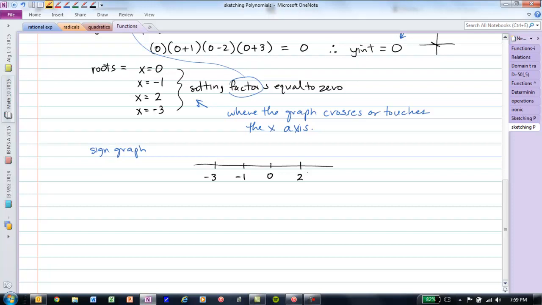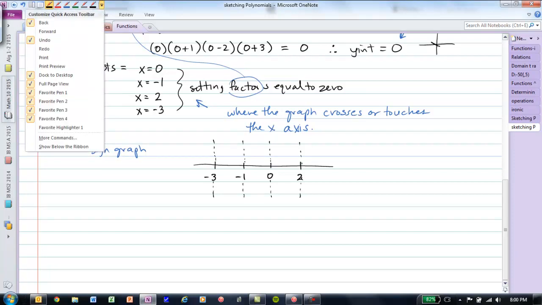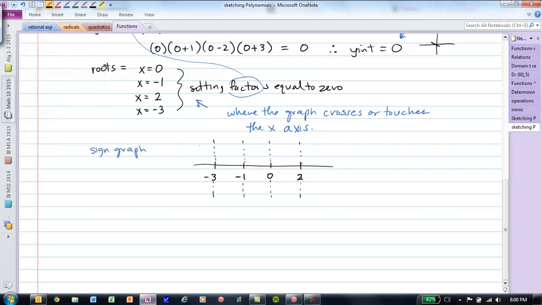So for each of those curves, for each of those points, I'm going to put a little dashed line, because I want to know, what is my graph doing in between each of those points where it's actually touching the x-axis? Okay? And the way I do that is I choose a value that is in that area that I'm interested in. So for example, if I am looking at this area over here,